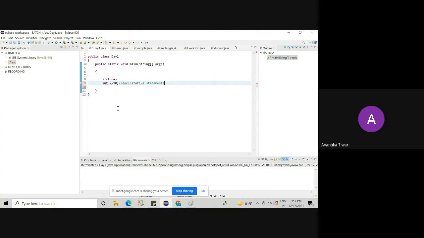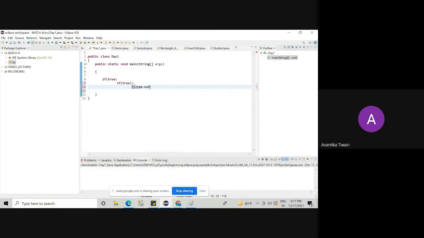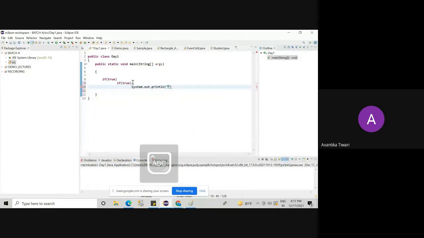Now one more case is there. I will write the code, you tell me the output. If we have something like this: if true, again if true, and then we have System.out.println with a message, "Hi kids".